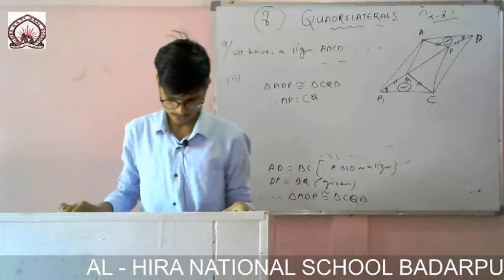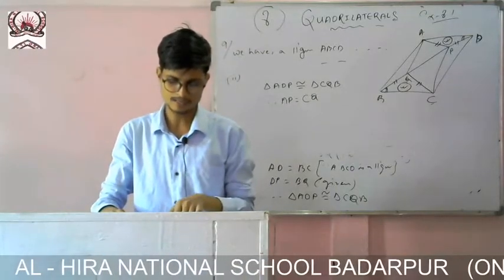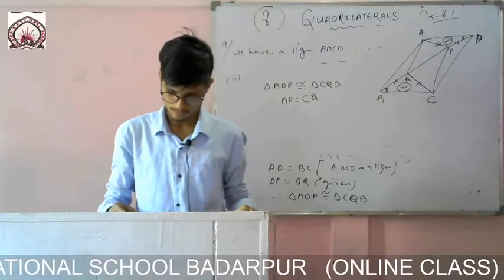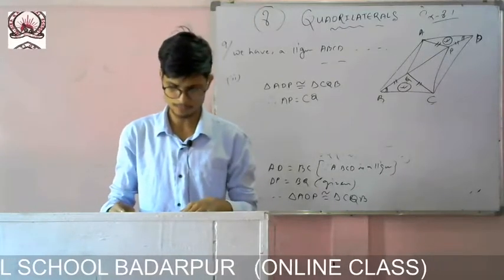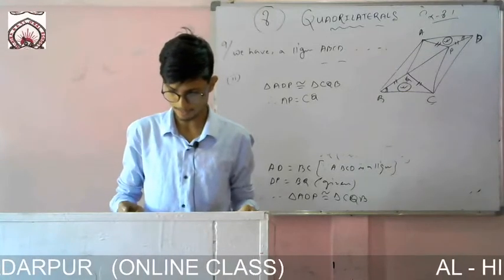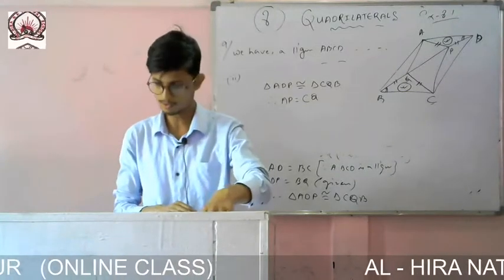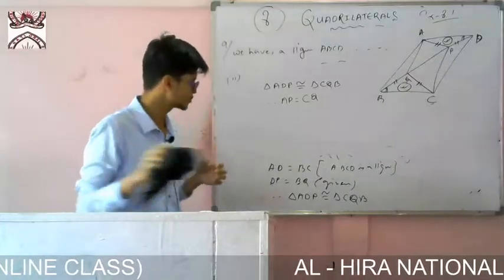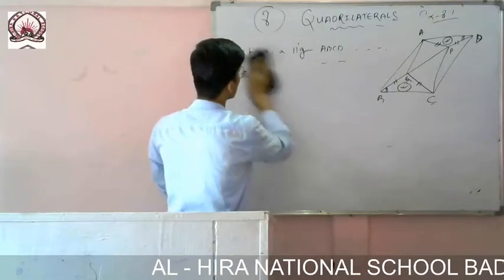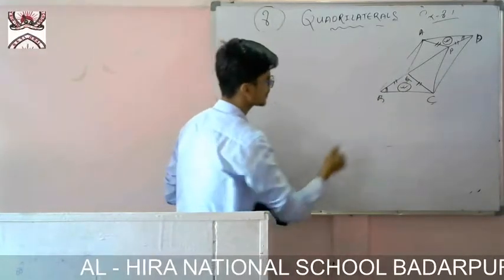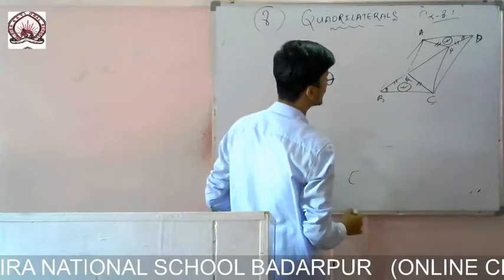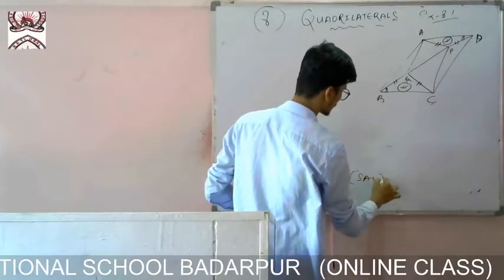So Roman number 3 and 4 are also similar. See, again two similar triangles are given. So you just have to prove that these two are congruent. Roman number 3 and 4 you try. Number 5 let me show, APCQ is a parallelogram. Same as this one. In the first one I have not given the postulate. What was it? It was side angle side, I think. Yes, you write it. Okay.